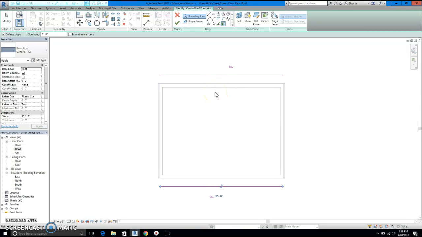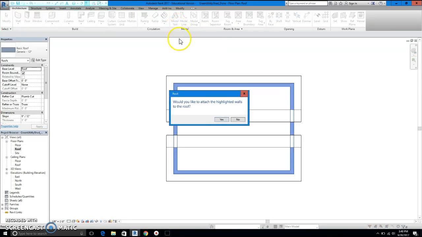Because I don't want any more walls to come up and meet the peak, I'm going to unselect define slope, and I'm going to click, and I'm going to click. After all of my lines are connected, and I'm happy with it, I can come in here and check the green box, which means